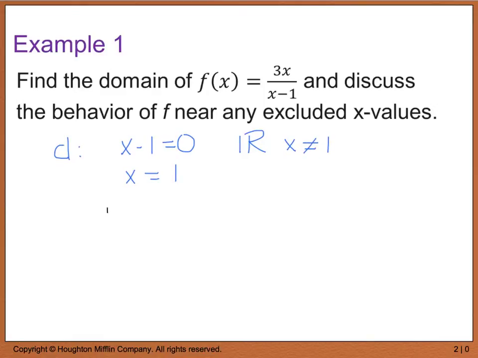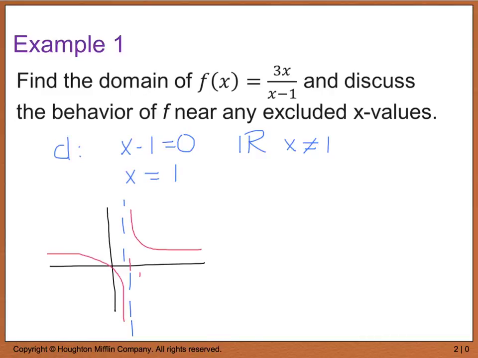Now if you go in and sketch this graph, you'll see that you end up getting, at a value of 1, a graph that goes something like this and something like this. So when we look at the behavior of our function near our excluded value, x equals 1, I'm just going to come in here and draw, the blue line represents the x equals 1 line, and if we look at our function as we're coming in from the left, in other words, as x gets closer and closer to 1 from the left,